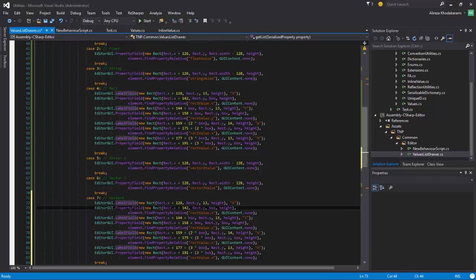and this is 7, this is vector 4, so x, and we have vector 4 here, here, here, and here. But I noticed something. These guys should be width and height. This is Z and W. So here it is Z and W,